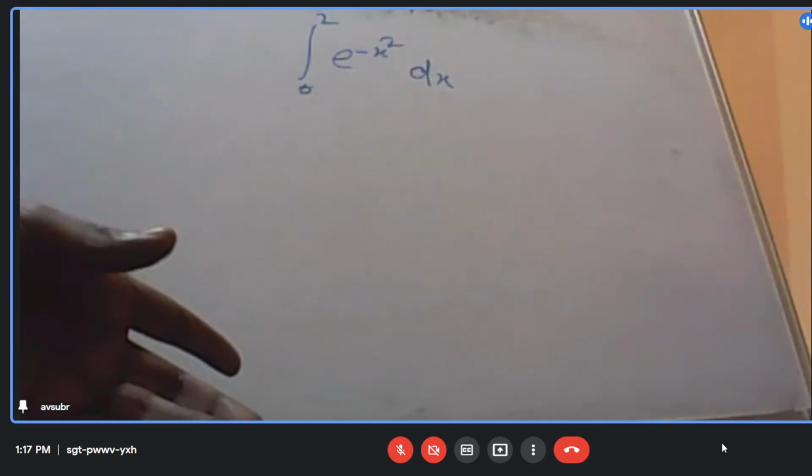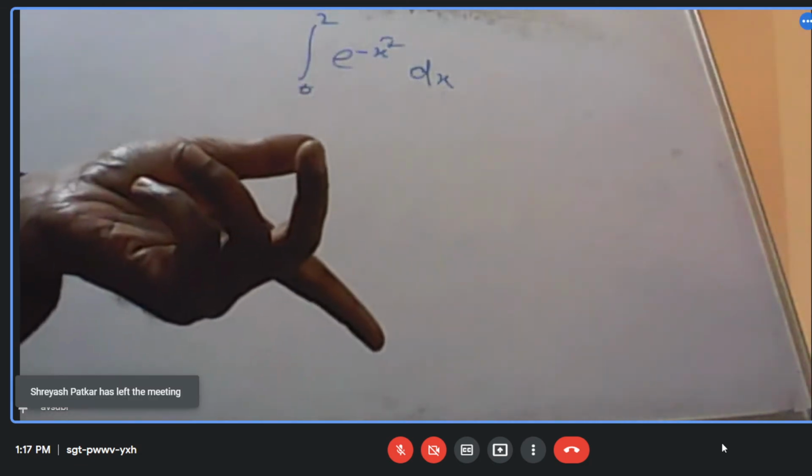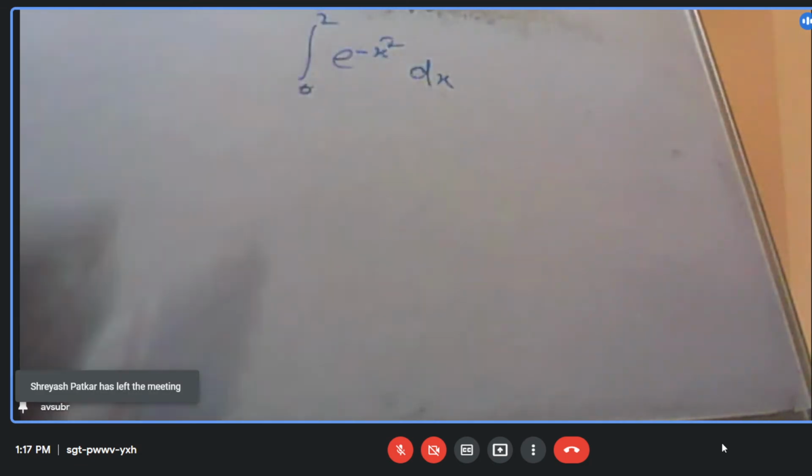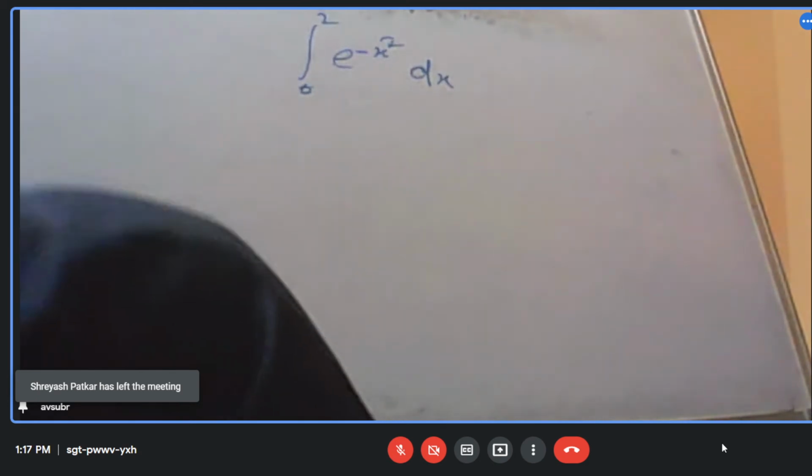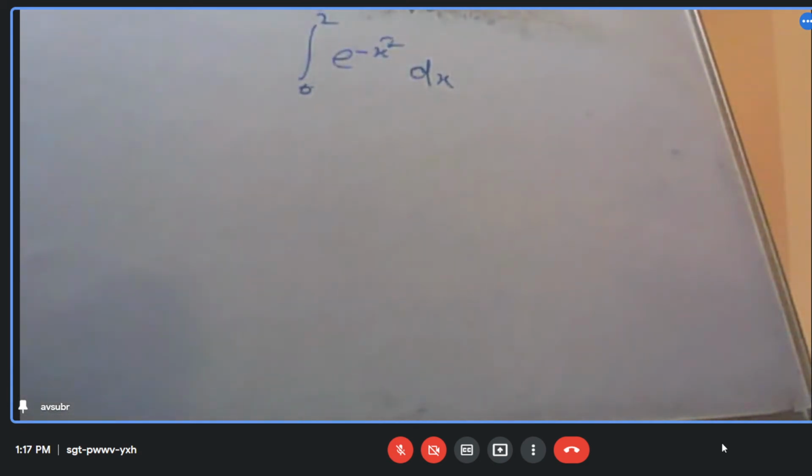That will be simply minus e to the power minus x and then put the limits. Whatever value we get, that will be the value of that. But here it is x square. करके बताओ।